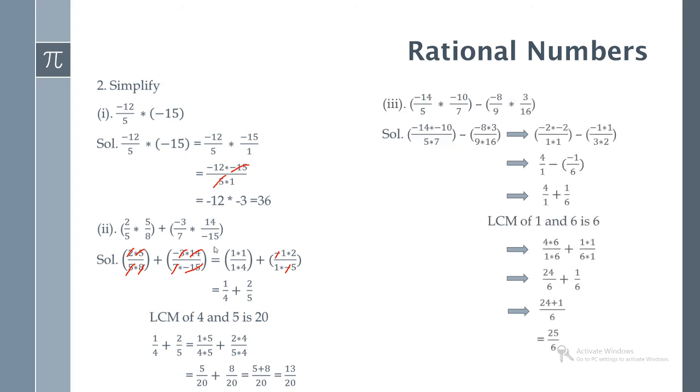Now coming to the third sum. Minus 14 by 5 into minus 10 by 7 minus minus 8 by 9 into 3 by 16. So now we have minus 14 into minus 10 by 5 into 7 minus of minus 8 into 3 by 9 into 16. That is equal to,